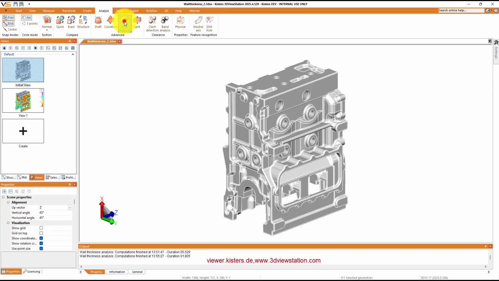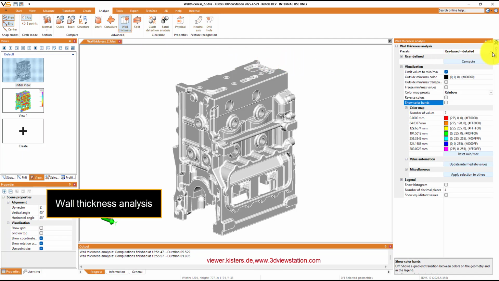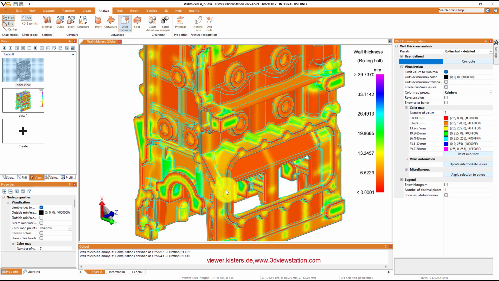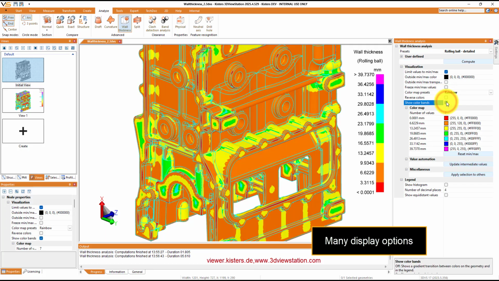Now for casting applications and also for plastic injection, the wall thickness analysis is very helpful to see where there might be critical areas where parts might be very thin and so forth. So we have different methods. Ray method, but the more suitable one here for this example is the rolling ball method. And you saw the calculation